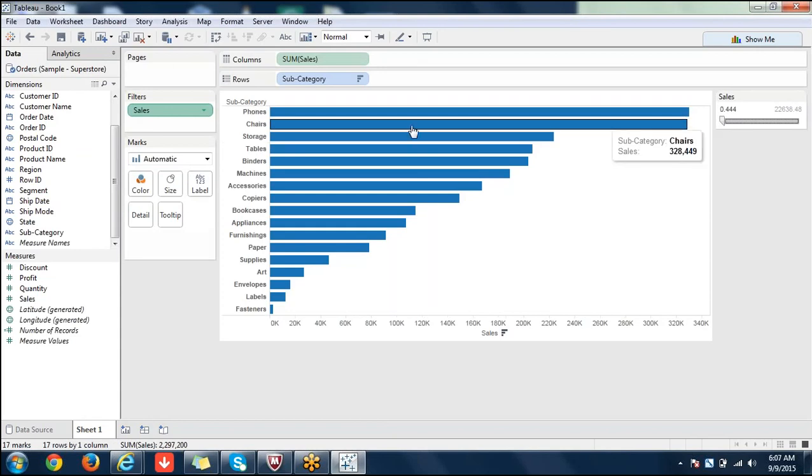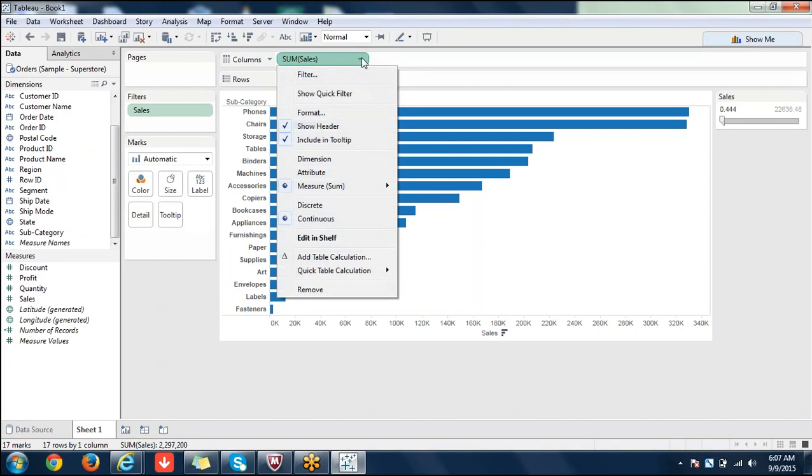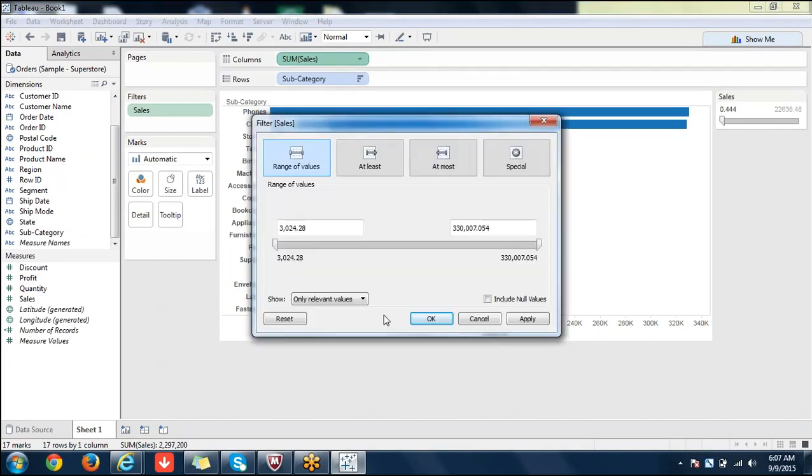Whatever filter you are using in the filter section, if you make it available for users to dynamically change your visualization, that is a quick filter. Some people also call a quick filter a normal filter, and it's up to you how you call it. Keep only and exclude are also filters. I'm removing it as of now. Not only here, you can go here, click here, and say filter. It's the same filter only, no change at all.